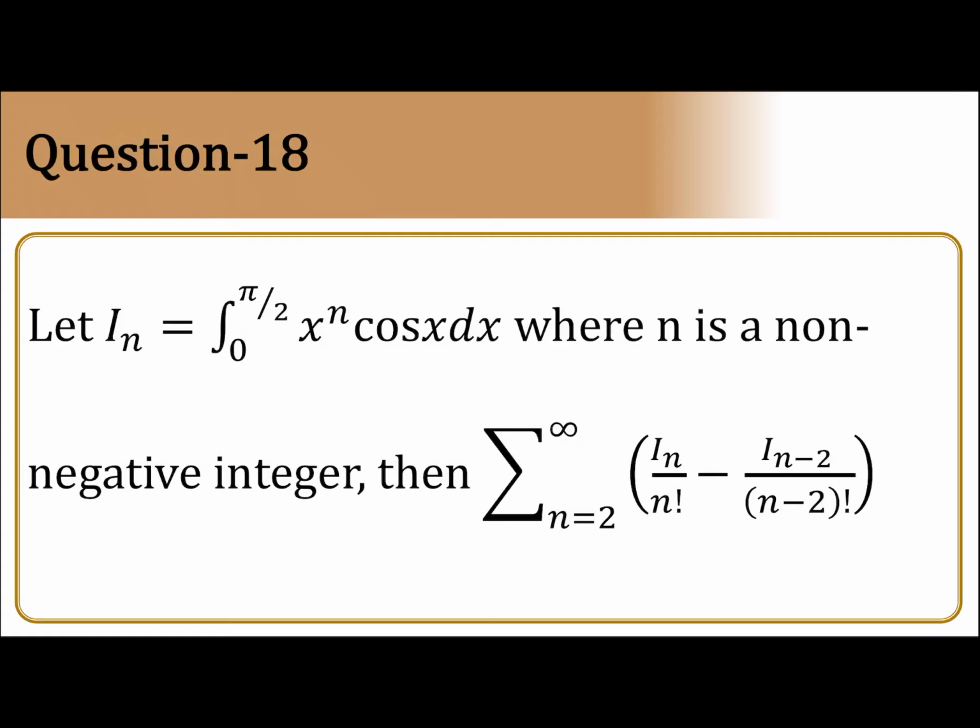So this is the question. So if we write is In, so isolate we use. So algebra is coming first, trigonometry second. So we take this as integral 0 to pi by 2, In can be written as x to the power n. Integral of cos x is sin x minus integral derivative of x to the power n is n, x to the power n minus 1 into integral of cos x is sin x dx.